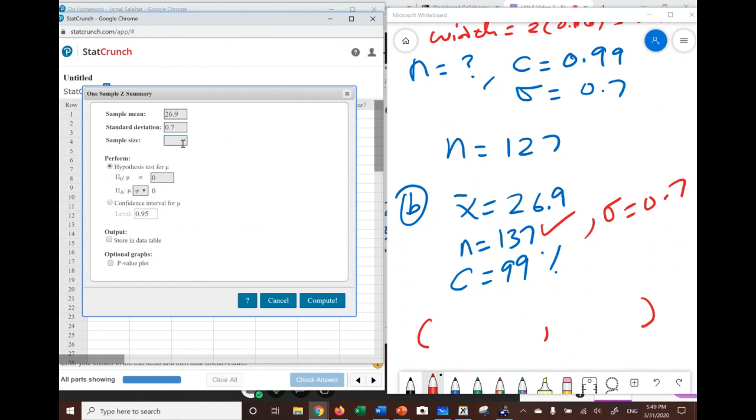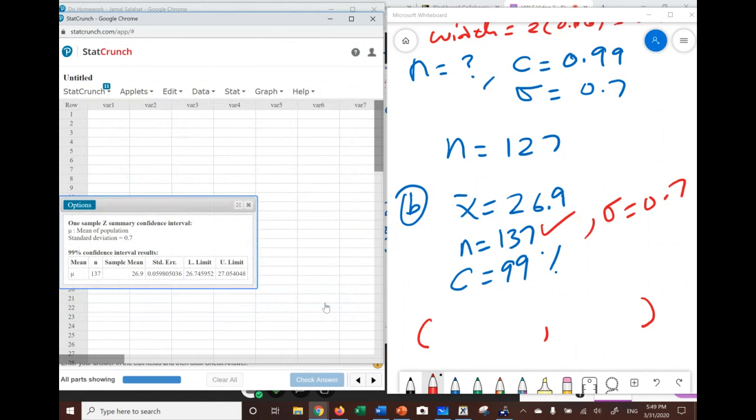And the sample size, they gave me a new sample size, which is 137. And they asked me to find the interval of 99%. So I'm going to go to 99 and hit compute. And let me just write this down in here. Here is the left limit or right limit. So the left limit is going to be